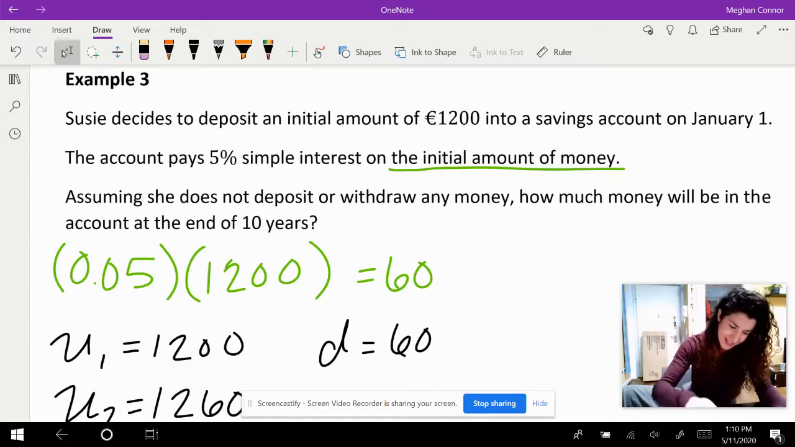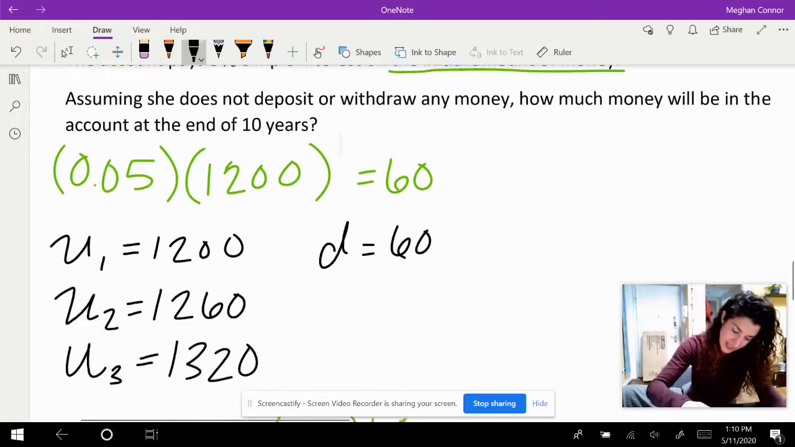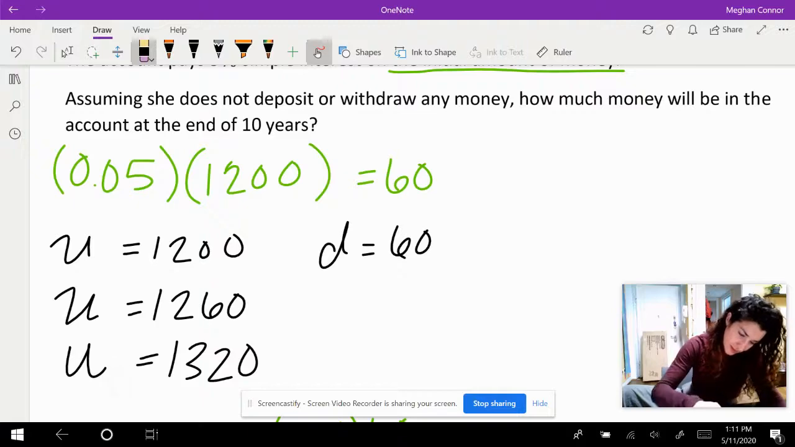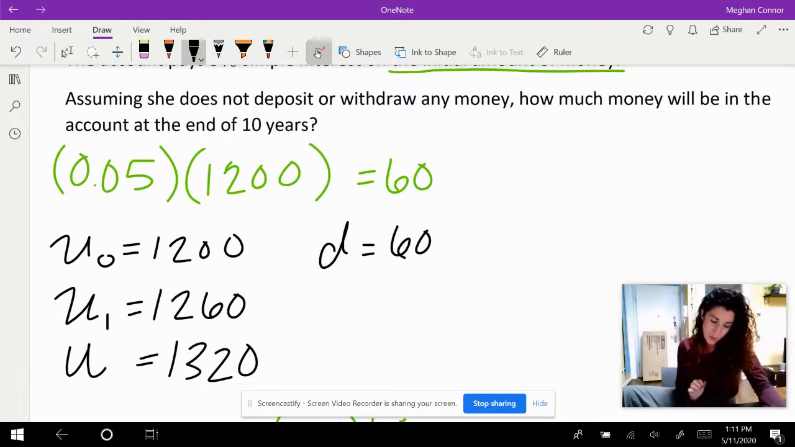I lied to you. I'm so sorry, guys. This is U sub 0. So this is at the beginning. Because at the end of the first year is when you get 60 euro added on. The end of the second year, you get 60 plus 60 added on, which means at the end of your 10th year,